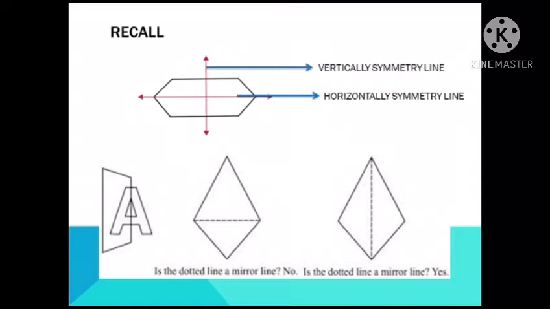The final one, if you cut it vertically, obviously it will give the same picture. Both sides have the same shape, same size. Everything looks the same. Like if you keep a mirror, it will reflect the same. It's like a reflection. So it's a symmetry. Okay, this is how we find whether a picture is symmetry. This is not symmetry, right? Because above and below have different sizes. If both sides are the same, then it is symmetry.